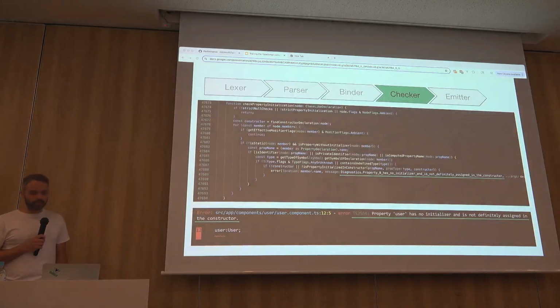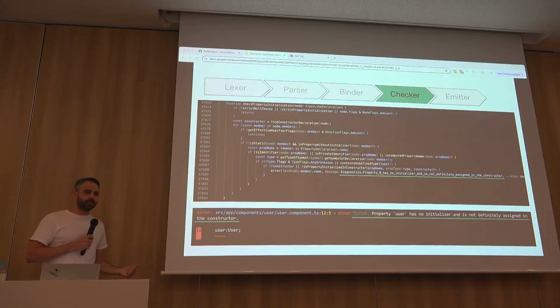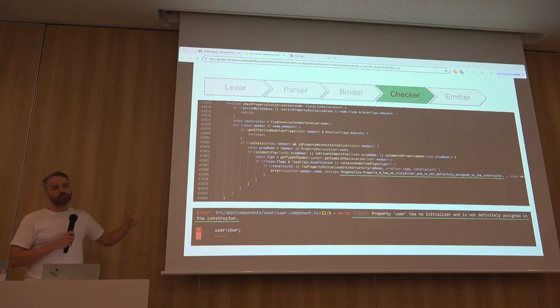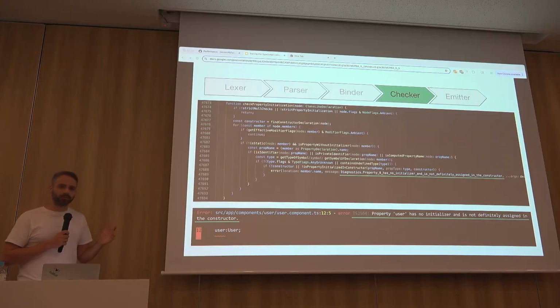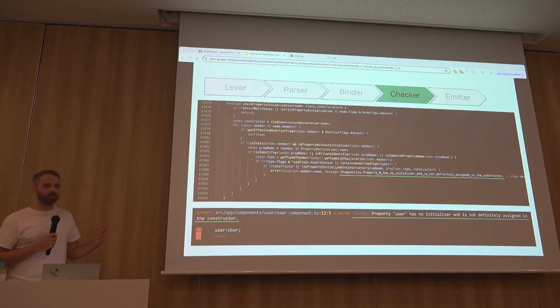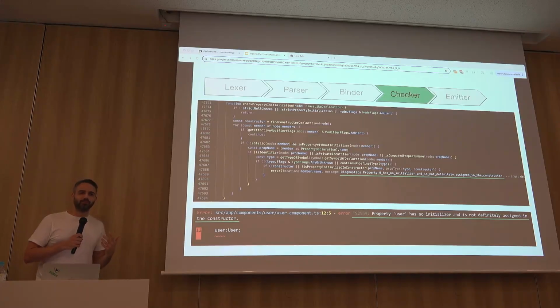And yeah, what the checker does, it takes basically the AST, the syntax tree that was created in the parser. It takes all of the metadata from the binder, and like this function, it uses it to traverse up and down our code base, go through all of the flows in order to check all of its rules. And what I want to show, by showing that that file is large, is